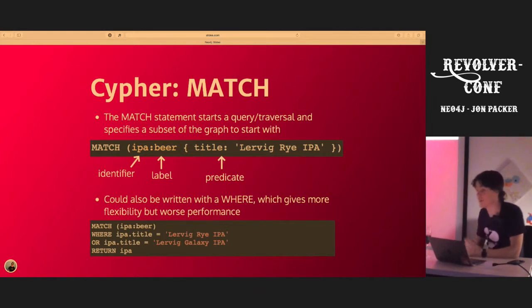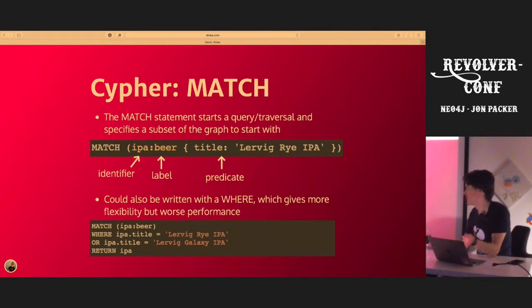There we go. So to do more flexible stuff, you can add a where at the bottom. So if you want to do regex matching, or if you want to do more than one check on something, then you can use that. But the performance is worse because in this case, instead of matching,